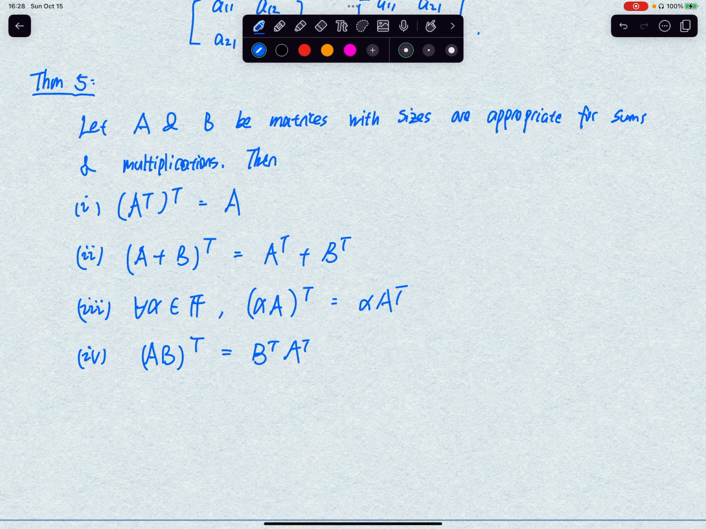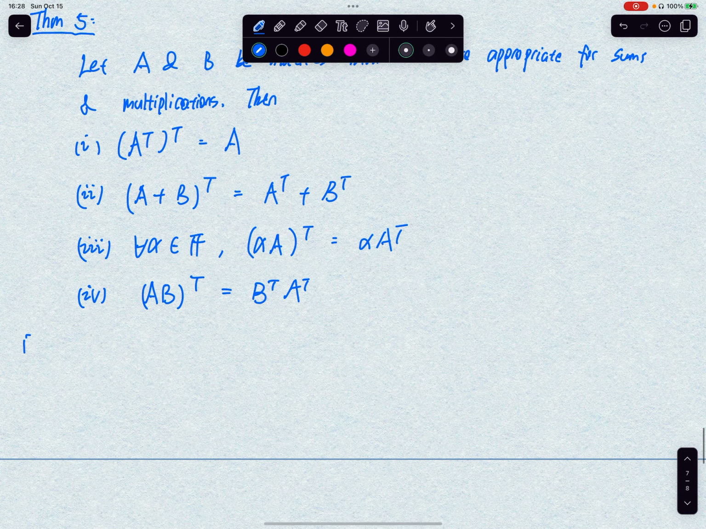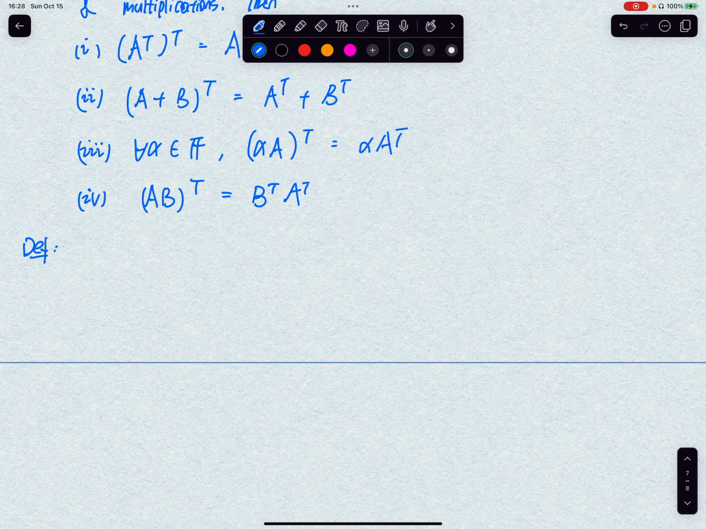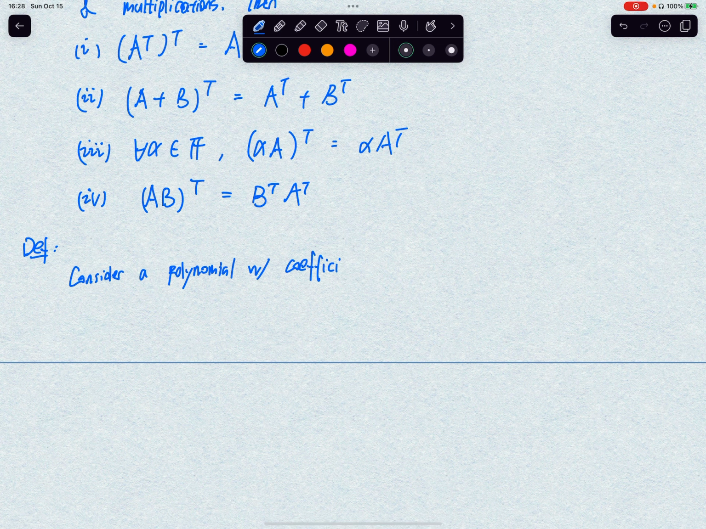And now we shall introduce a concept called the polynomial of a matrix, which turns out to be very useful. So in saying a polynomial, we really mean the integral rational function. So consider a polynomial with coefficients in the field F